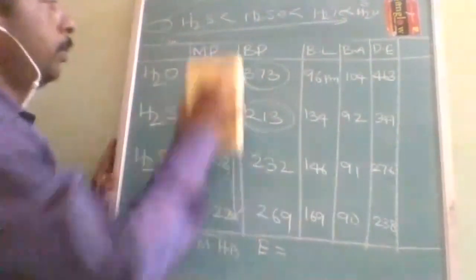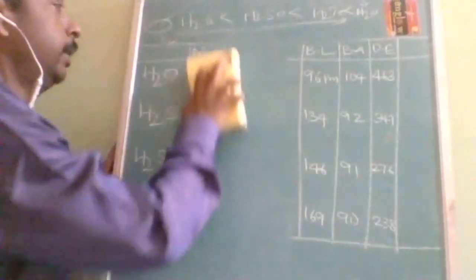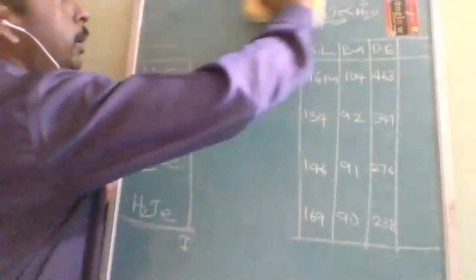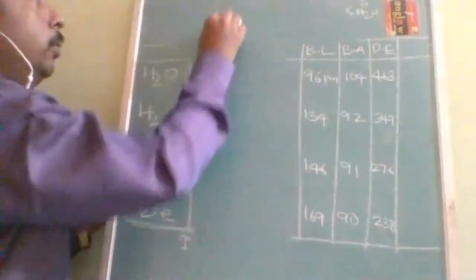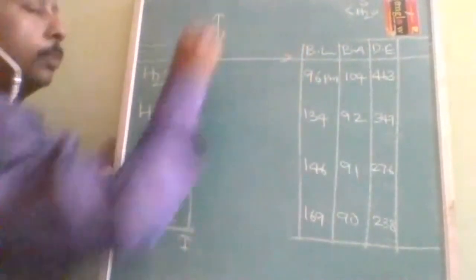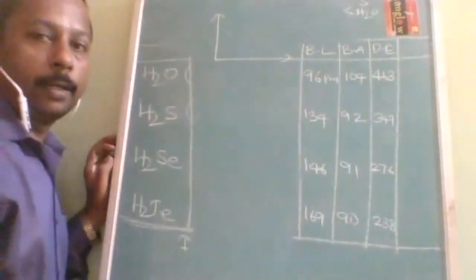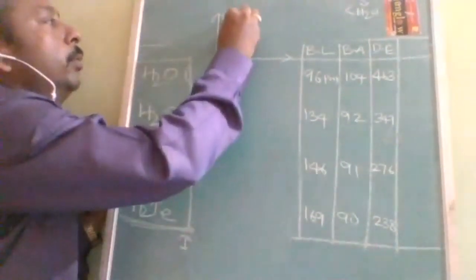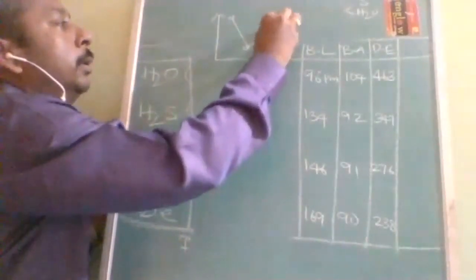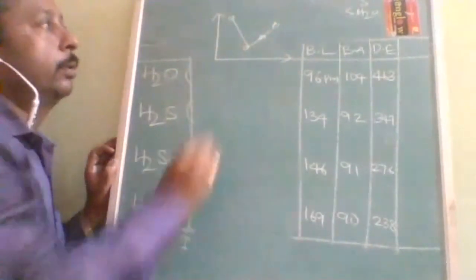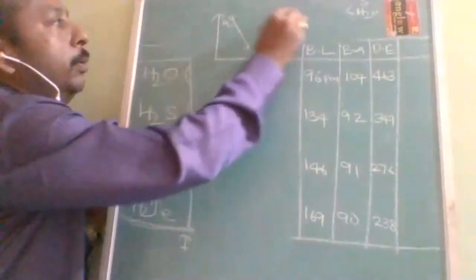Okay. Now up to here, physical properties in all the six different ways, I think explained clearly. Okay. Now coming to the other way of learning. In the examination also, nowadays options are given like this. Which of the following is the correct graph? Okay. So H2O should be highest, then it should be lowest. Okay. Like this the graph should be. Understood? This is H2O and here H2Te should be below this.